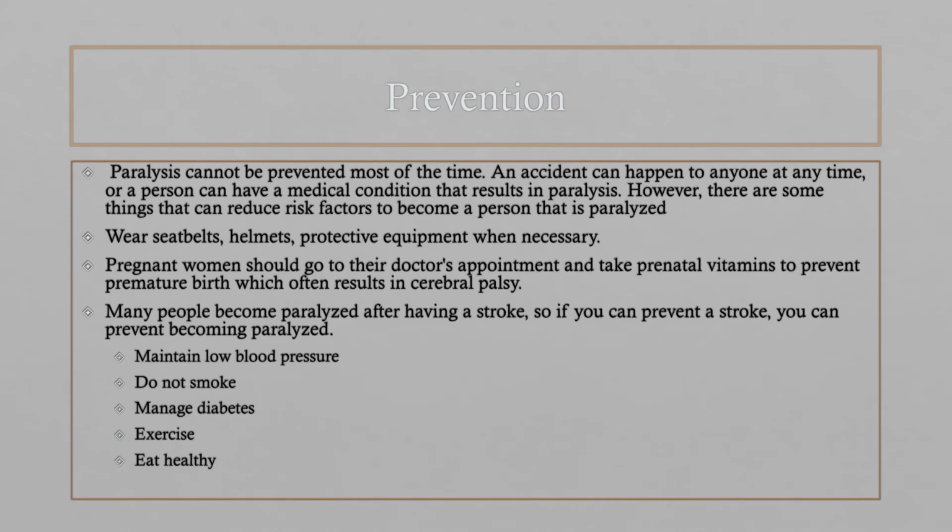Prevention of paralysis. Paralysis cannot be prevented most of the time. An accident can happen to anyone at any time, or a person can have a medical condition that results in paralysis. However, there are some things that can be done to reduce the risk factors of becoming a person that is paralyzed. Wearing seatbelts, helmets, and protective equipment when necessary is one of the best ways to reduce your chances